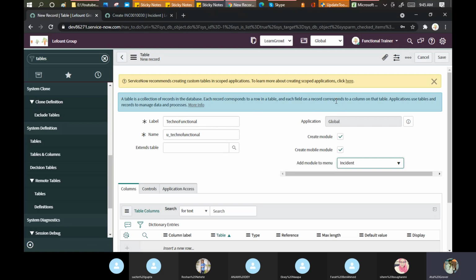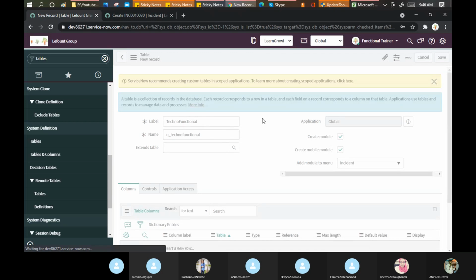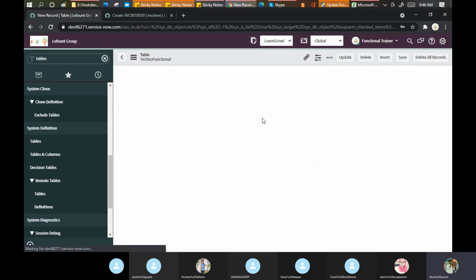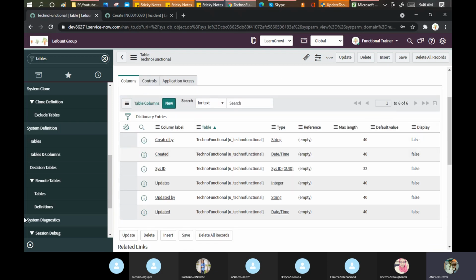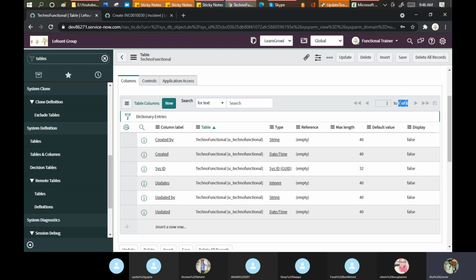Yesterday I gave you homework: when you create any new table, what fields are created automatically? We will see that now. Click on save. See, these are the 6 fields which will be created automatically for any table you create in the system.